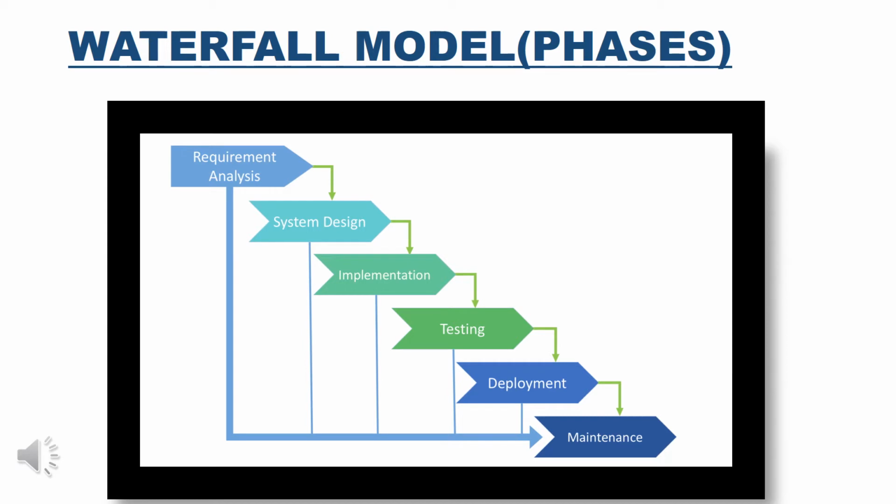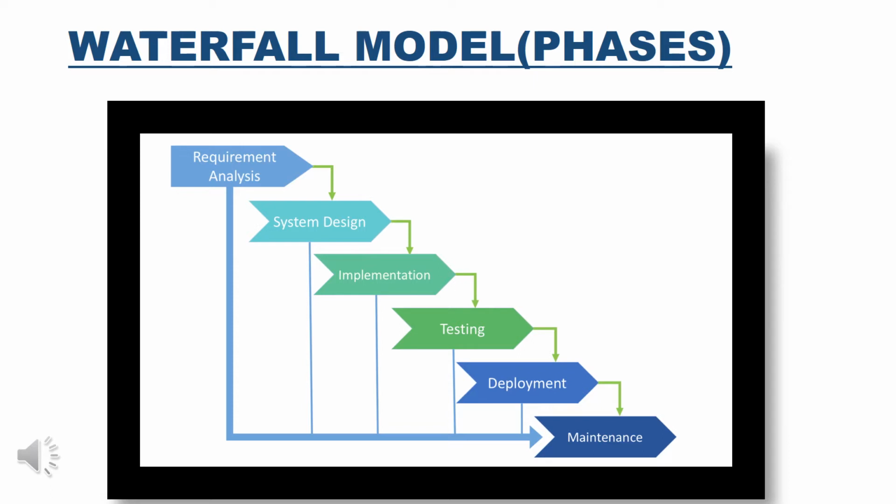And after gathering these requirements, we do the designing part. That is, we create the architecture of the entire system, or you can say the blueprint of the entire system. And based on that architecture, we do the further coding, which is also known as implementation. Implementation means that we are converting the design into practical code, and for this the programmers need various programming tools, various programming languages, compilers, interpreters. So all these are the translators that, after doing the programming, translate it into some high level language or some low level language.